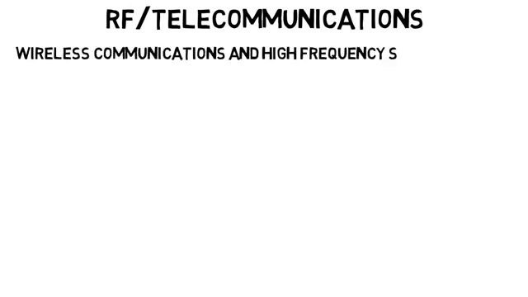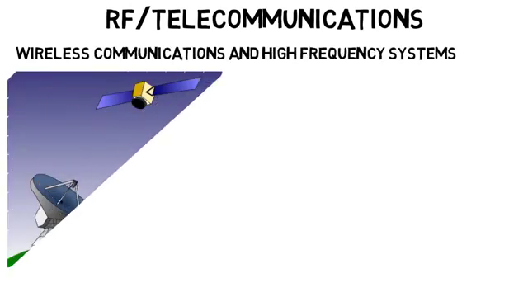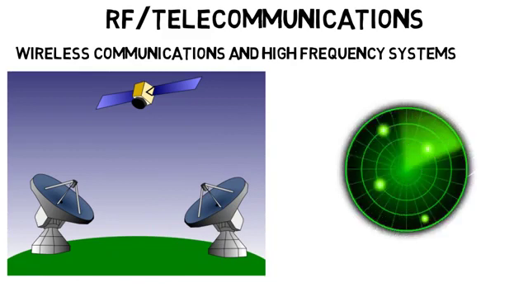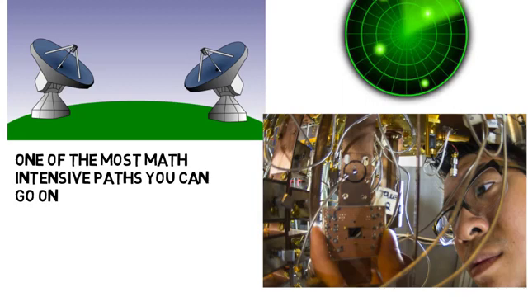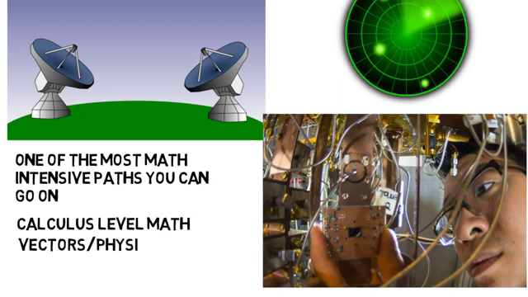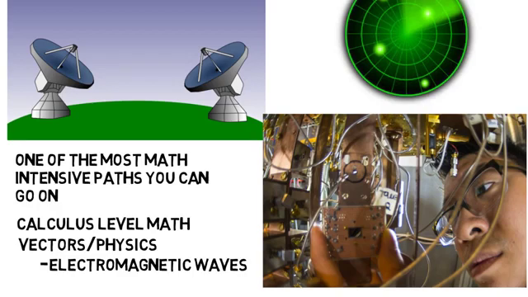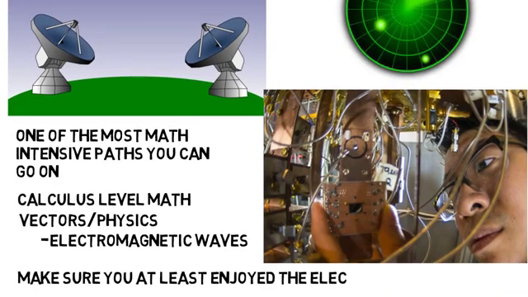Now moving on to RF or telecommunications, which is all about wireless communications and high frequency systems. These engineers could work on satellite communications, radar systems, and high frequency electronics for those radar systems all the way to quantum computers. Now this is one of the most math intensive paths you can go as any type of engineer. So before considering this, make sure you really enjoy calculus level math, vectors, and physics, specifically with electromagnetic waves. Even if you have just taken basic physics in high school, make sure you at least enjoyed the electricity and